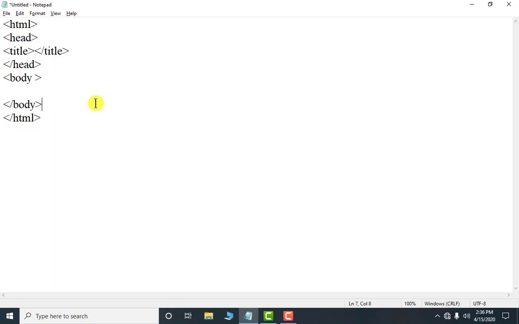So first of all, you need to write the title. Here I am showing you the use of bold, italic, underline, then HR, horizontal rule, and superscript and subscript. So these things will be shown to you in your title bar of your browser. Okay, then here I have closed the head. Now in this body you have to start the work.